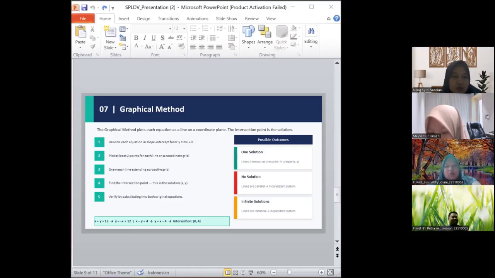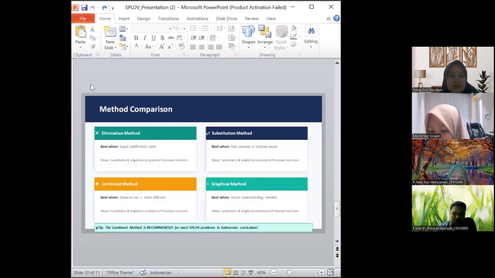I also got the same answer, Miss, but I noticed something. If I had set up X as Sylvie's age instead of Putra's, I would have gotten a different equation setup. But the final answer would still be correct, right? Absolutely correct, Sophie. The variable names are just labels. What matters is that you define them clearly at the start and stay consistent. Different setups can lead to the same correct answer. Exactly, critical thinking.